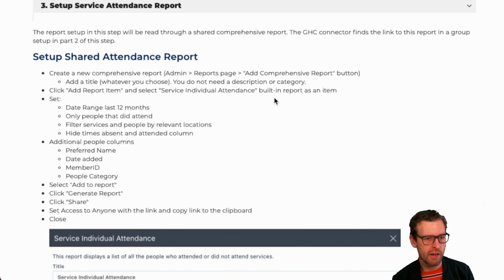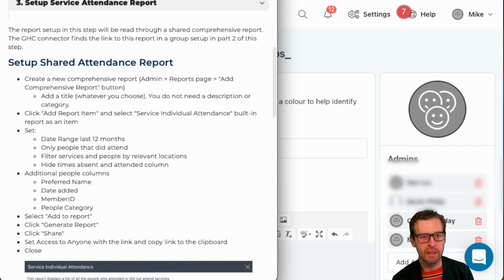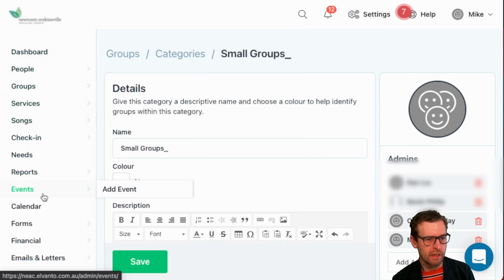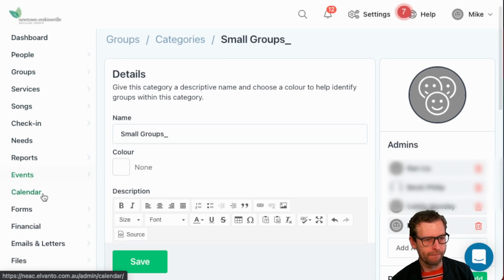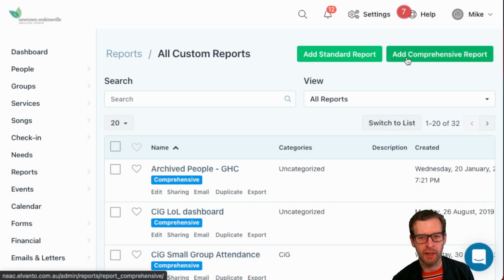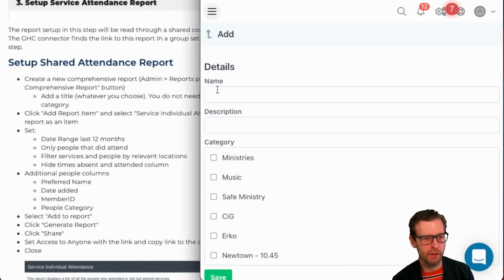So for instance, I am going to try and split my screen here. So let's move you to here. And so we're going to go into reports. Right. And we're going to add a comprehensive report. All right, now it doesn't matter what we call that comprehensive report. I'm going to call it